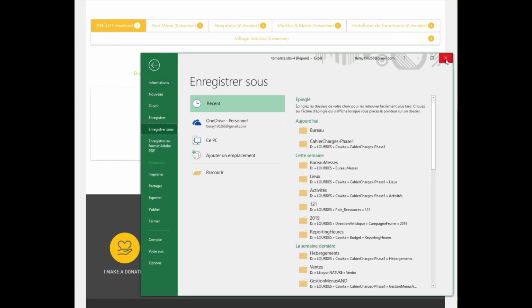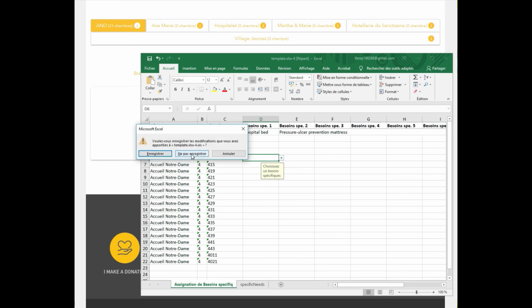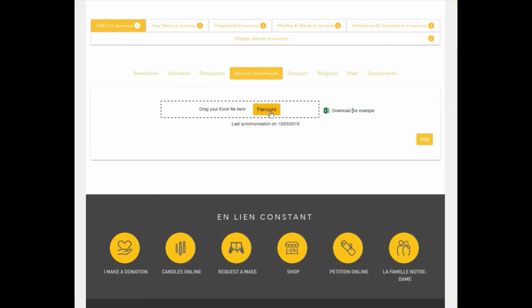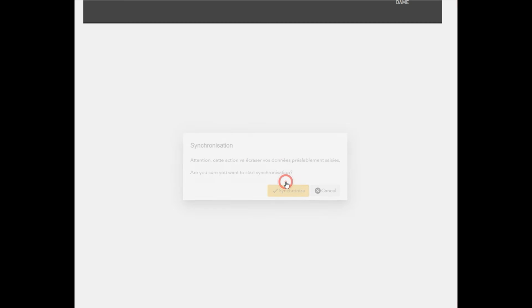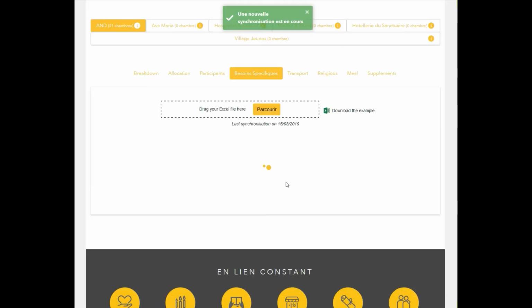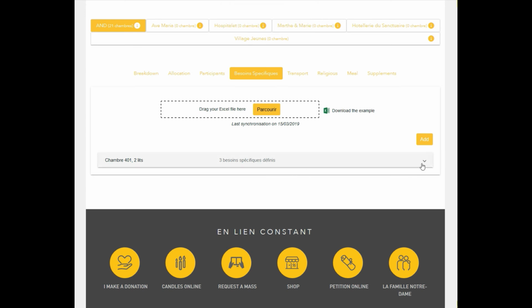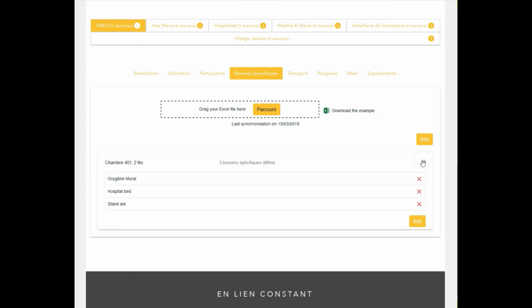Then click on the Browse button. Your computer's File Explorer appears. Find the file you just saved. Double-click on it. A window appears advising you that your import is ready. Click Synchronize and wait for a few seconds. If you do not see an error message, then your file has been imported and you can see the confirmation